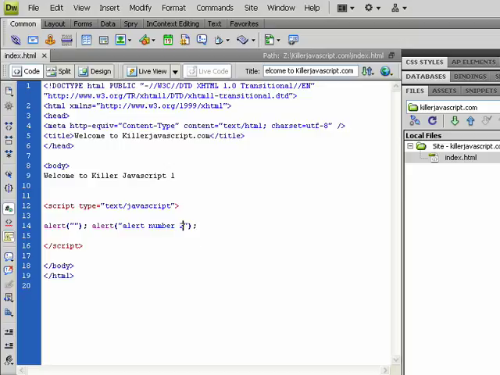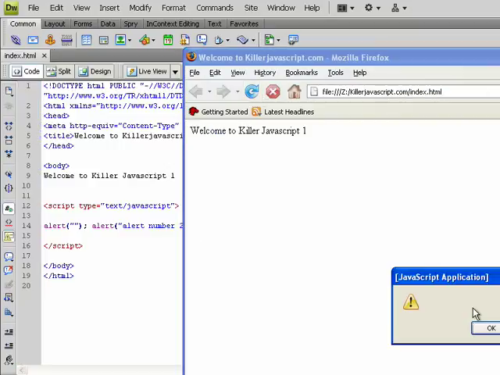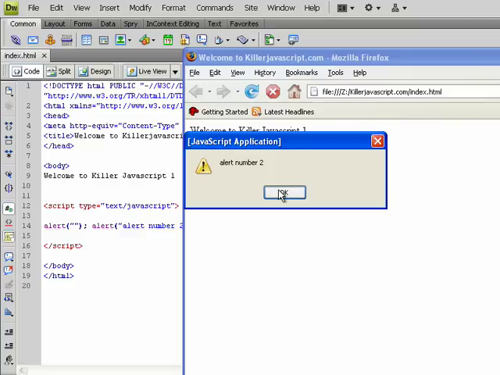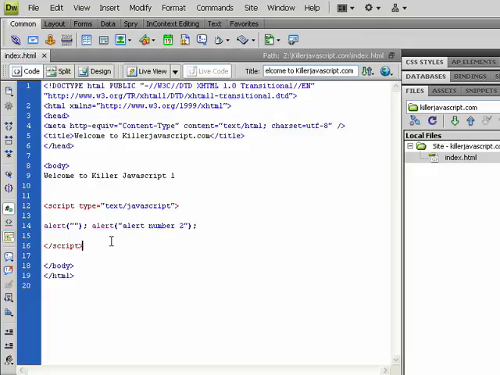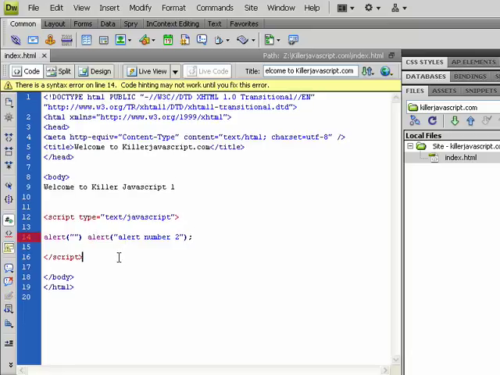All right, see what happens here. Okay. Let me just bring this into view here. Oh, our second alert fired off. Okay, cool. So that's not bad. So let's see what happens if I take off this period. Save. Oh, see, look at that. That's pretty cool. So you see, one of the reasons I use Dreamweaver is because it does have some built-in capabilities